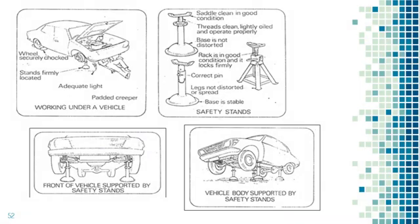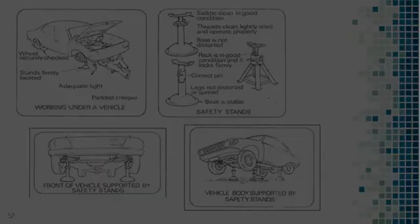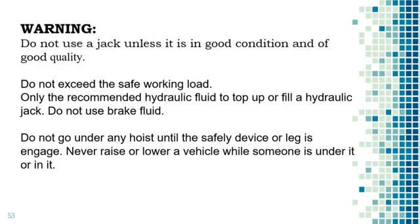So I have here a picture with me of the jack and the stand. So here, we have a vehicle supported by safety stands below. And then the first one is a man working under a jack there. So we have to keep our jacks and safety stands ready and usable and in good condition at all times. So we have here also a warning: do not use a jack unless it is in good condition